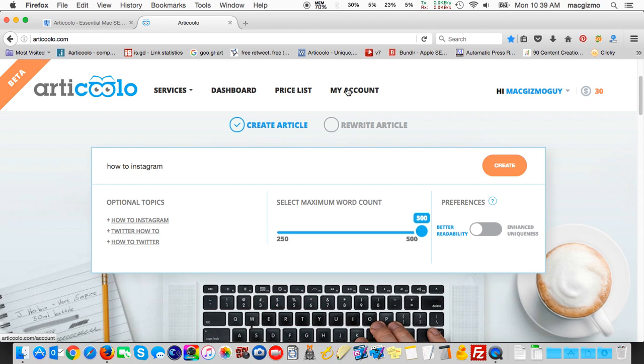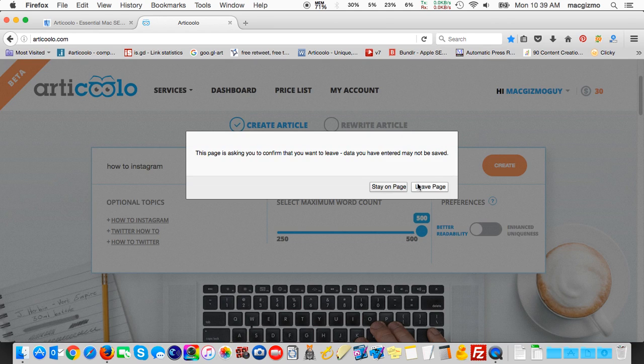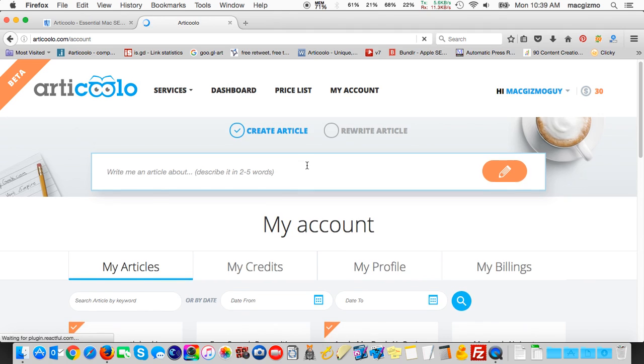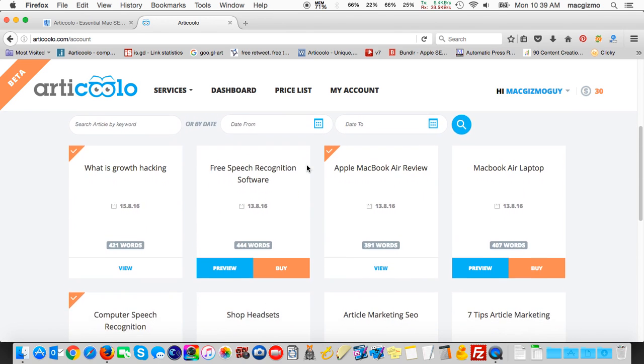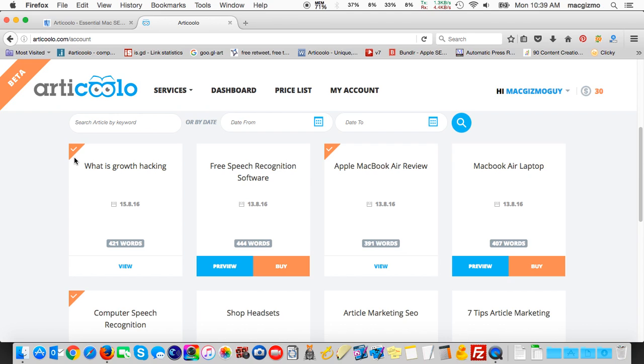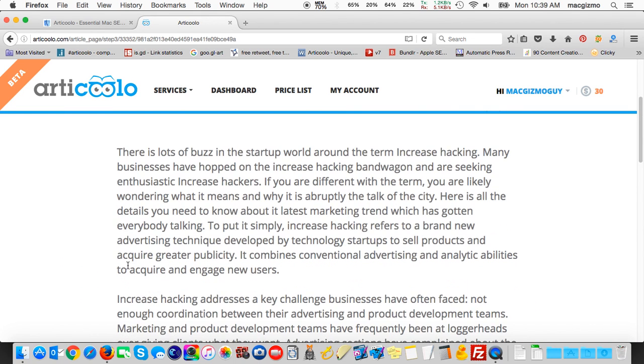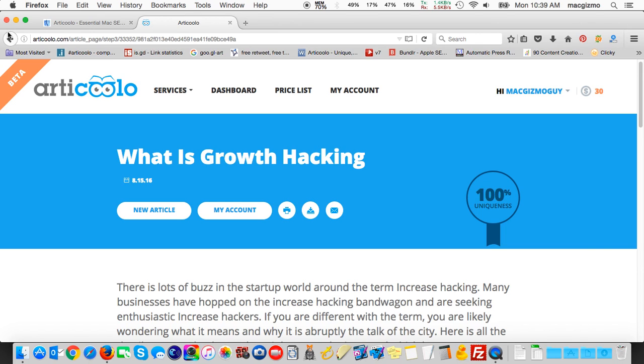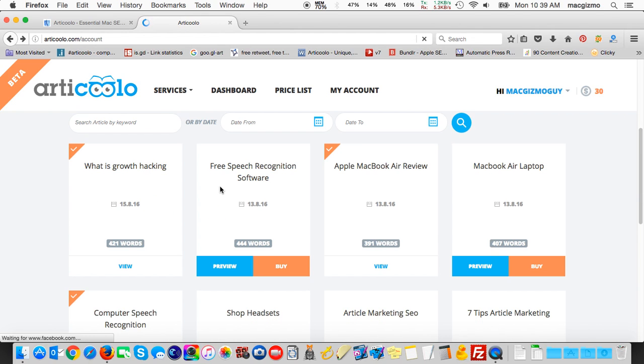After about 2 or 3 minutes of processing, I'll switch to my account here, and you'll see the articles that I've generated. There's two different types. The ones with the orange checkbox here are articles that I've already bought, and when I view them, I see the entire article in the clear from beginning till end. Here's an article that shows buy in preview. It's an article I generated, but I have not purchased. Remember, you can generate all the articles you want for free. You only pay for them at the time you decide to buy.